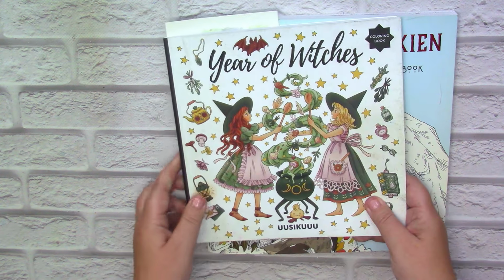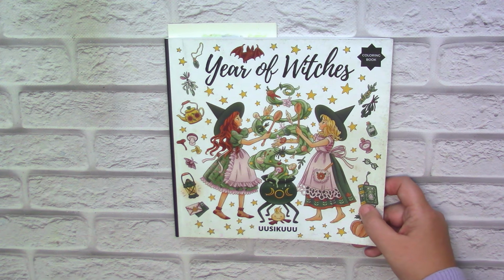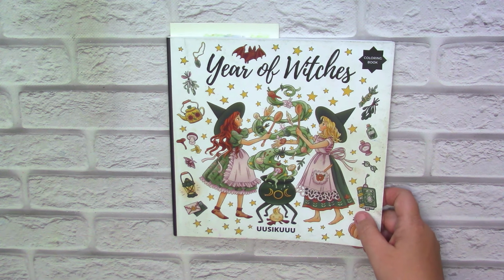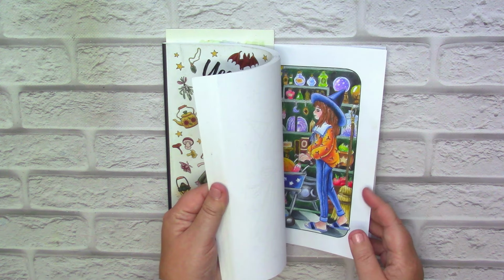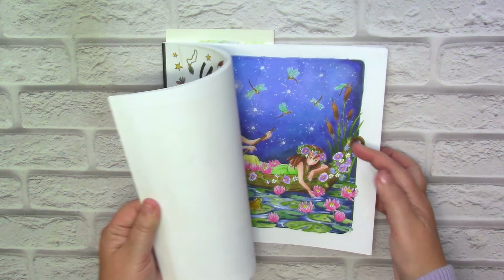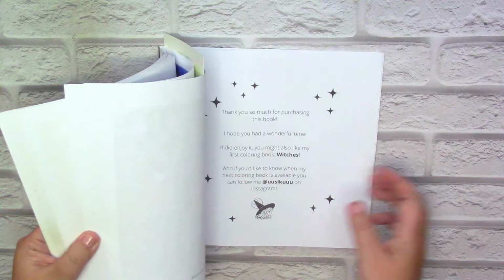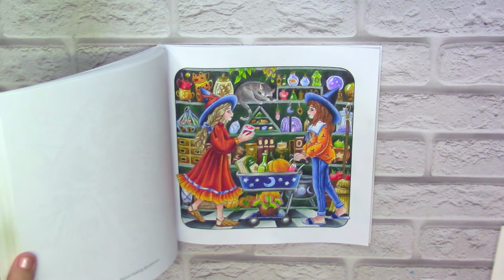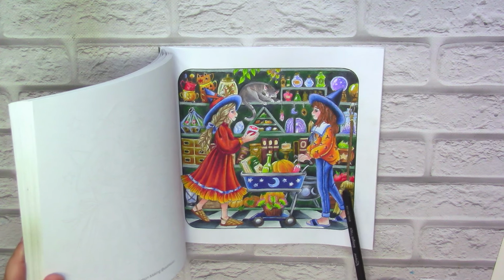Another book with awful paper, it's Year of Witches. But this month I was a wise girl and I selected a page where you almost don't have the background. Usually here I cry over empty backgrounds, but this one with the witch shop thankfully has very limited background area, which I did with